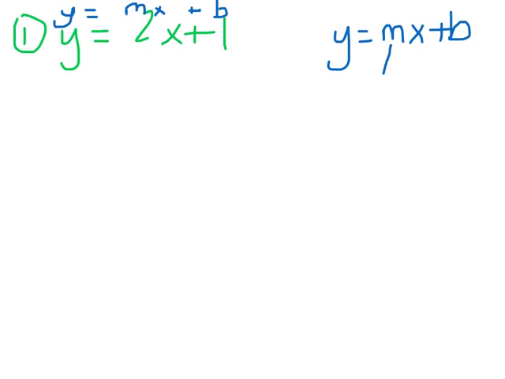Now, the m is the number in front of the x. It's not the x, okay? You don't want to put the x down. That's the slope. It's just the number in front of the x, and you do take the sign of the number with it. So if I'm looking at number 1, what is my slope? 2. I don't have to write it as 2 over 1. If I want to count it off on a graph as rise over run, because I know the slope is rise over run,